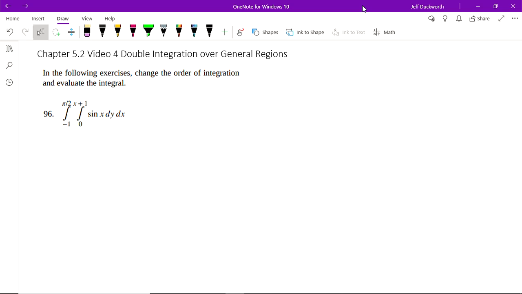we would be doing the dy of sine of x from 0 to the line x plus 1. So let's draw that out here. All right, so the line x plus 1 goes off like that, right? So again, this is x, this is y. All right,